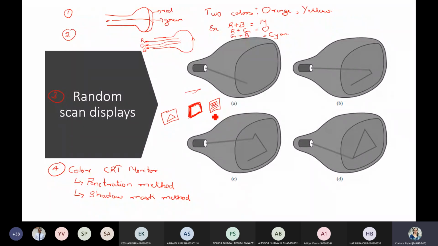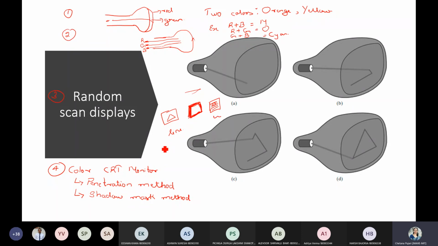Then we have seen that in random scan you can go with only lines, right? It's only line drawing, whereas when you go for a raster you can go for curves as well, right?